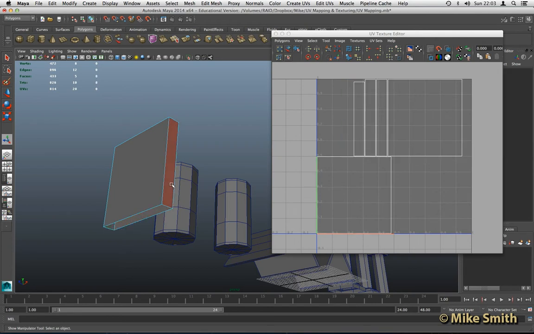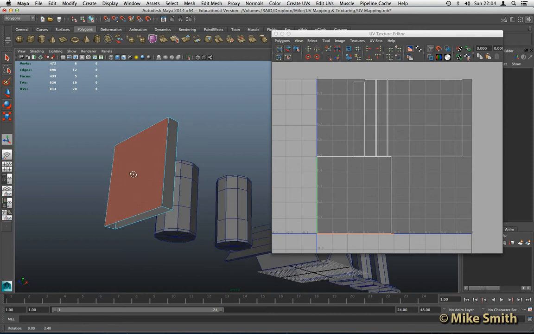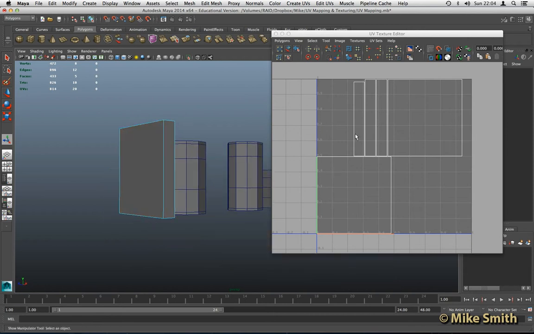Now as we progress onto other objects, I'll leave everything there so you can actually see what we can do, but for this, as it's the first one, I'll keep it as simple as possible. So once we've deleted that face, you'll notice it deletes out of our UV texture editor as well. And to show you what you can do up here, if we right click in our texture editor, we have